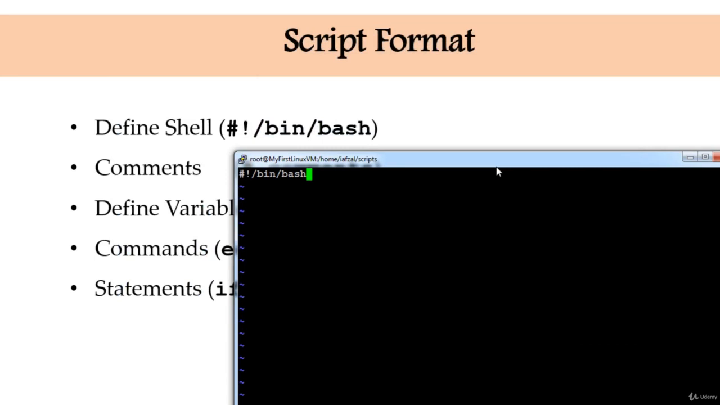I want to run this script as bash script. Perfect. Now, the next thing, I said to add a comment. Okay, always add a comment. I usually add a comment like purpose